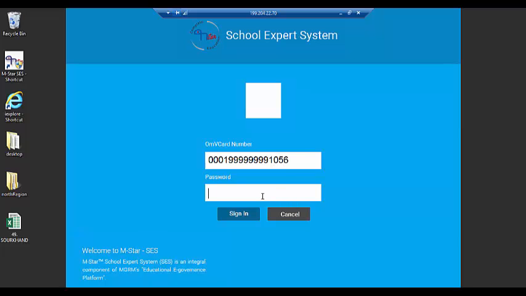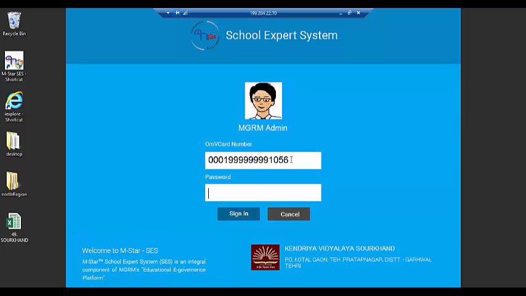Now let us enter the password, and as you enter the OMV card number, you will see the name of your school and the address in which you are trying to port the data. Let us enter the password. Once we enter the password, click on the sign in button